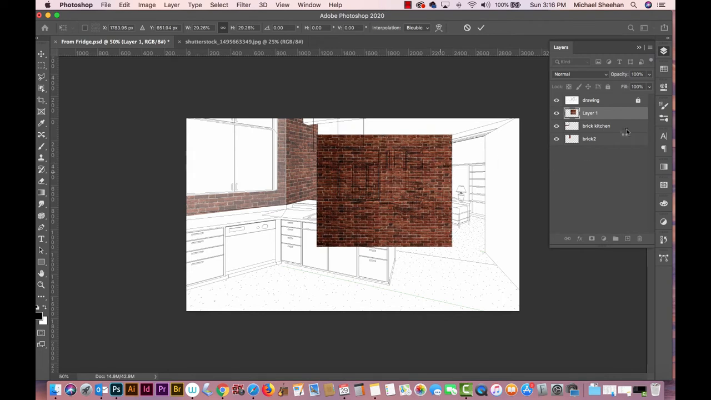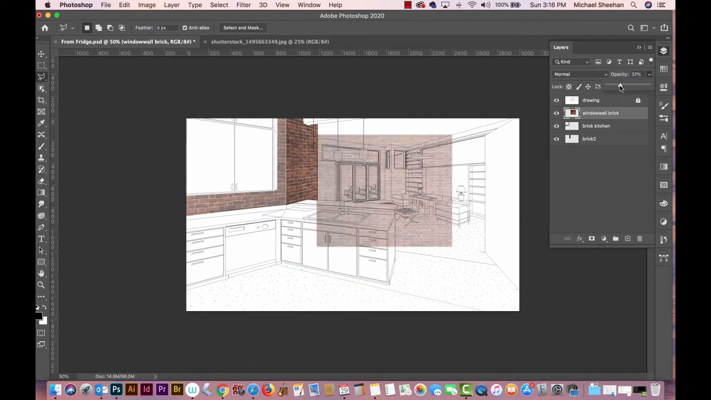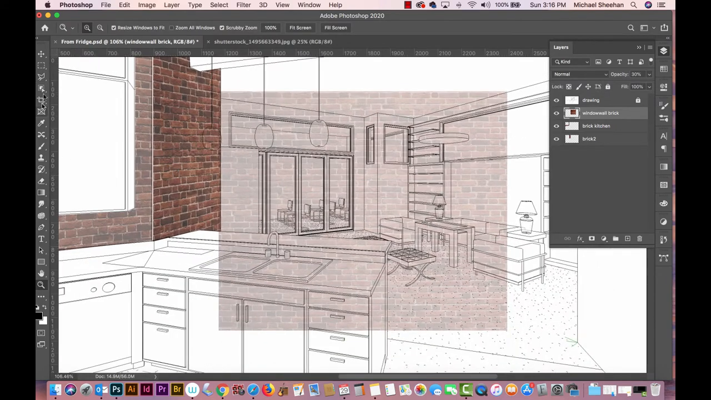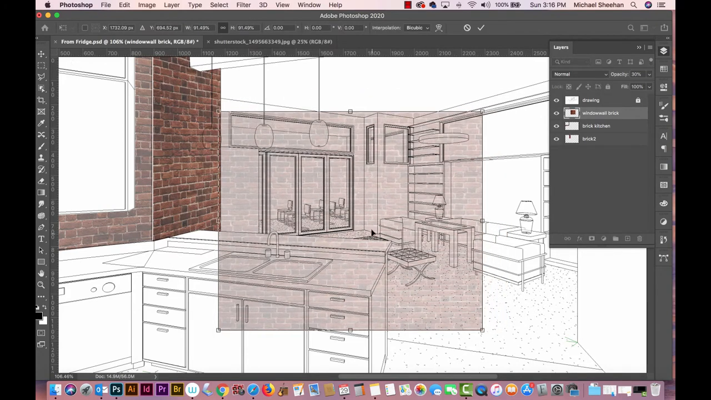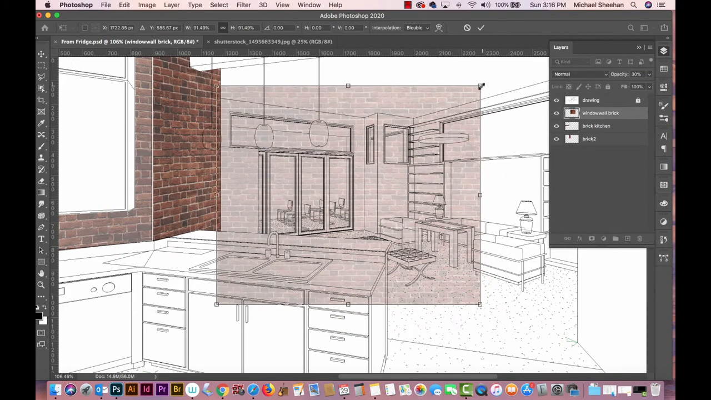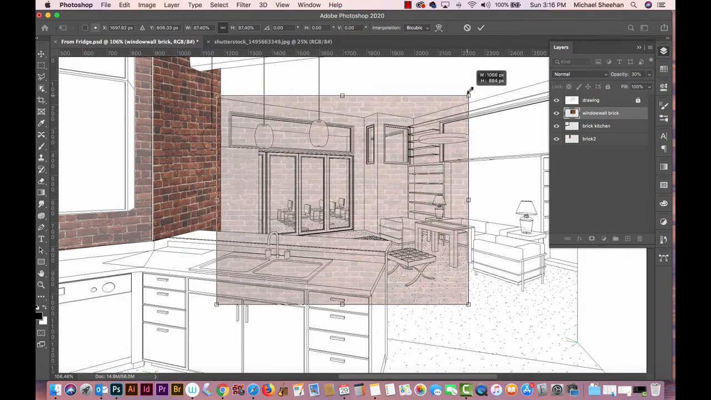Now this one, I'm going to knock back the opacity. I'm going to say window wall brick. And I'm going to knock this opacity way down. And I got to make sure that my brick's small enough. It's about the same size, so I'm going to go a little smaller. And then this one's a little easier. So if I go maybe here,